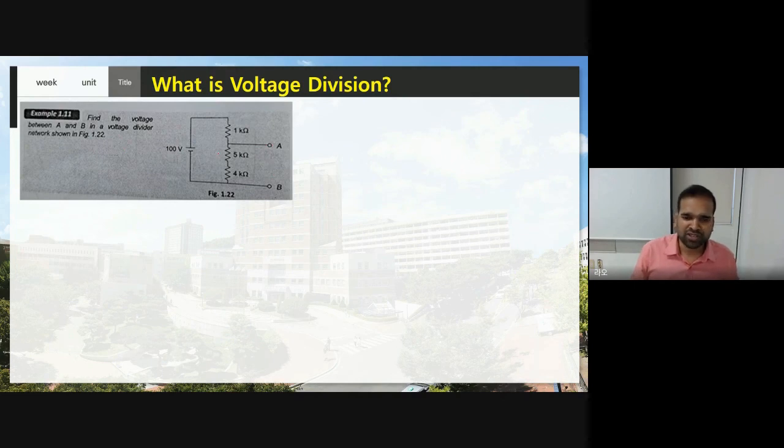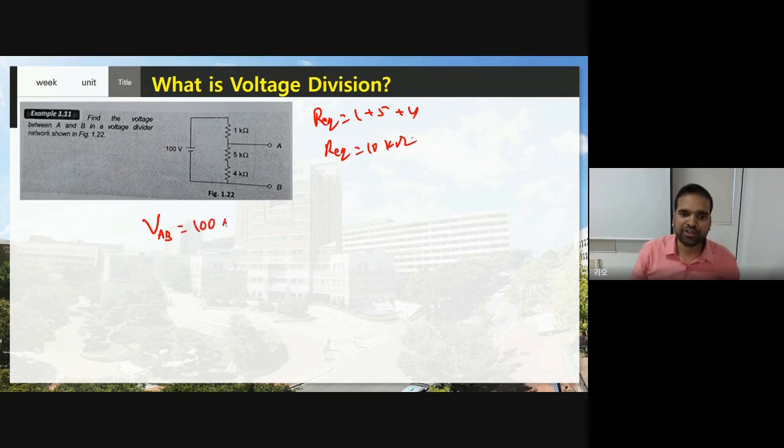Now see in the other circuit, now I need to find what? Voltage drop between A and B. Okay. Now see, you don't get confused about A and B. Simply we are finding voltage between the A and B terminals. Now this is what? A series circuit. 1 kilo ohm, 5 kilo ohm, 4 kilo ohm are connected in series. Therefore, R equivalent equal to what? 1 plus 5 plus 4, that is 10. R equivalent equal to 10 kilo ohm. Now what we need to find? Voltage drop between A and B. Now what is the total voltage?